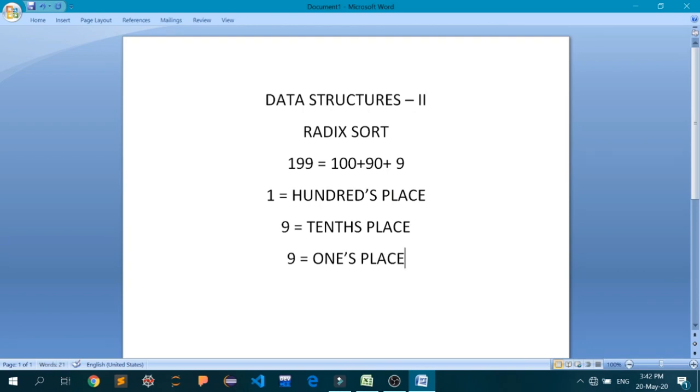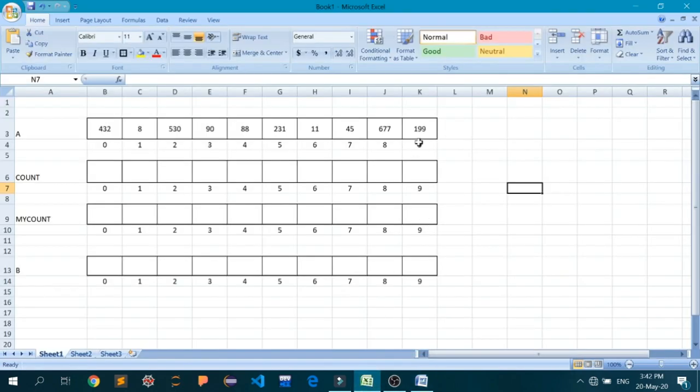That is why we call this particular sort the radix sort, because we are going to apply the counting sort to each radix one by one. First we are going to apply the counting sort to the ones place digit of each number.